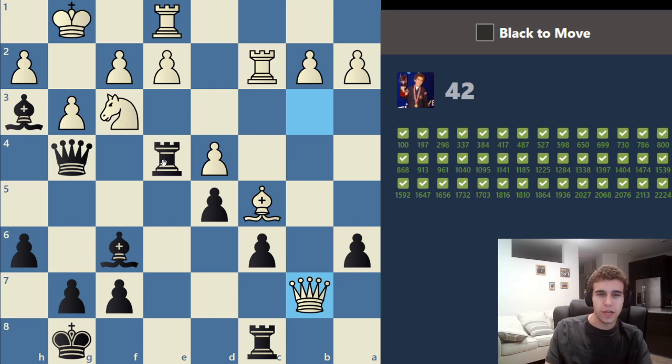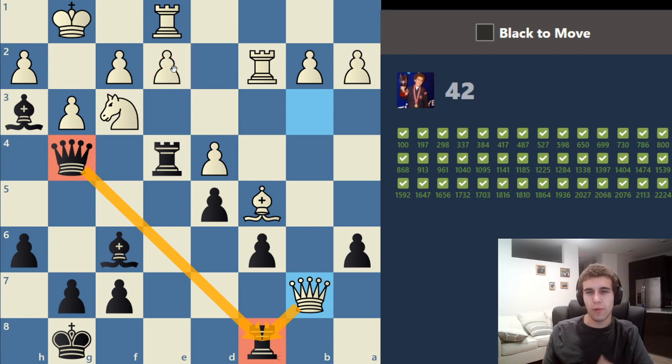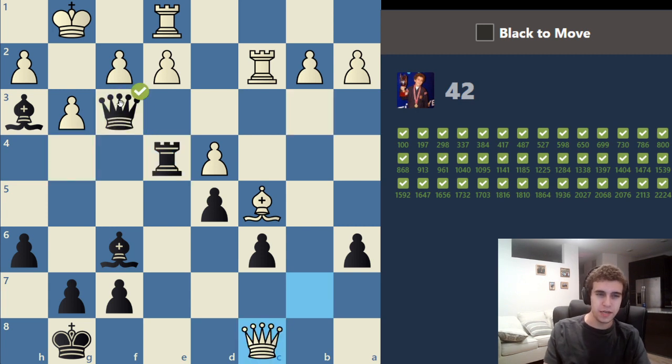So follow carefully. If rook takes e2, what white does is he takes the rook on c8 with check, attacking black's queen. So black has to take the queen, and then white takes the rook on e2. And guess what? White has 2 rooks for the queen. The knight on f3 is no longer hanging. 2 rooks for the queen is approximately balanced. That's not good enough. So it's a lot better to end up a piece up than to end up in that unbalanced position. So we do indeed take here,